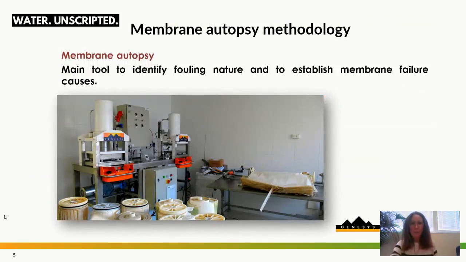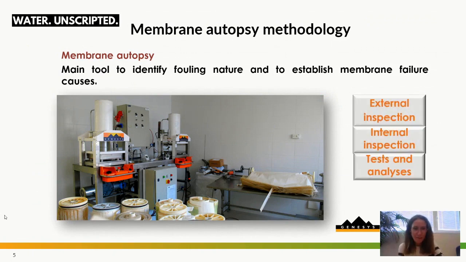And there is where the membrane autopsy helps to identify the problem. Here we are showing a photograph of the mess we have sometimes in the lab with membranes, because we receive many membranes per year. And we are going to have just some points about the procedure very fast. And we are not going to really go into the technical details, but just to show you the main parts of this process. An autopsy involves many tests,